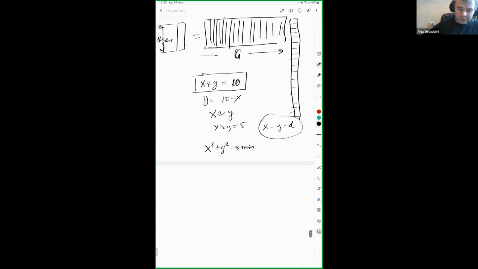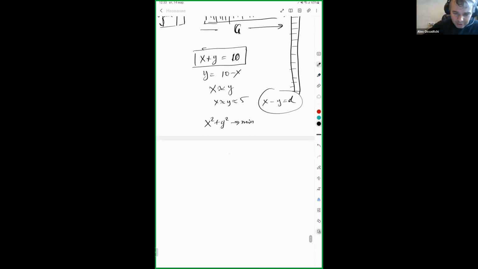Okay, so what does this mean? This means a very interesting thing, actually. You can draw it. x plus y equal 10 is a line, right? Something like this. This is 10, this is y, this is x. And you're asking for the solution where x squared plus y squared is minimum. What is x squared plus y squared? It's a distance from the center to the line, right? And out of the whole possible set of solutions,